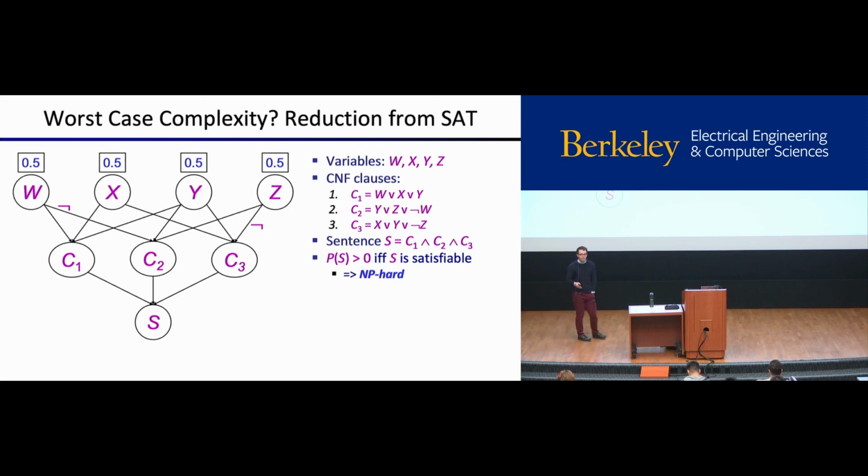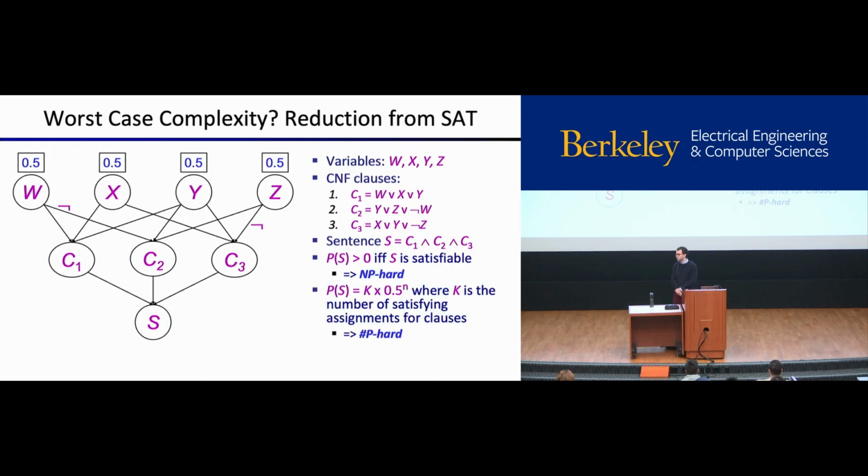There might not be that many settings. It might be kind of hard to find that setting, but we don't care about finding it. We just want to know, is it satisfiable? And if it's satisfiable, then we can solve SAT using this. Well, I didn't prove to you that this took polynomial time, but you can trust me on that part. You can get a polynomial time reduction from SAT into a BaseNet that you can run variable elimination on, and then you can get this result in a polynomial amount of time. Therefore, it is an NP hard problem to run variable elimination.